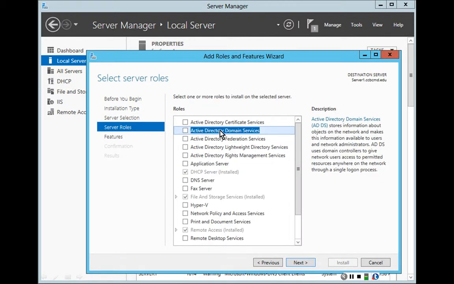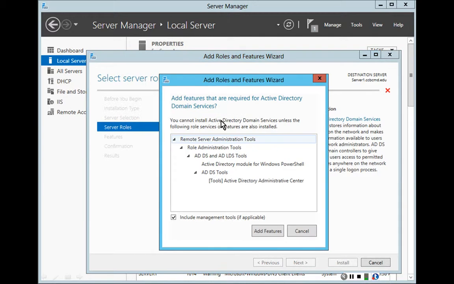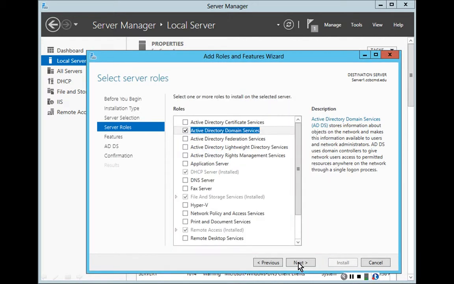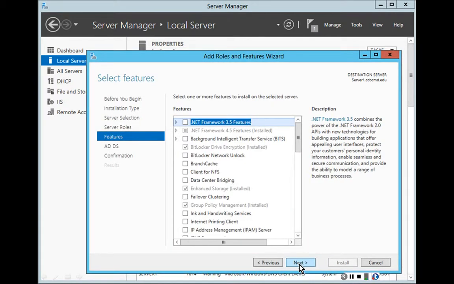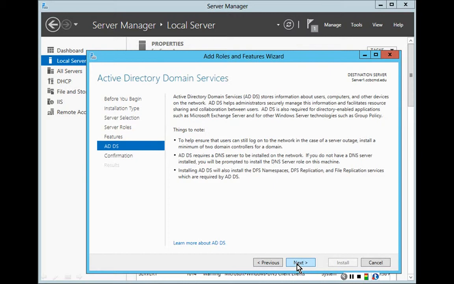And then we click on the checkbox that says Active Directory Domain Services. Now, we will not check DNS. We do need DNS, but we don't check it here. It's got to be checked later. So we click on Next. It says these are additional features that are required for Active Directory. Do you want to install them? And we say yes. Then we click on Next, followed by Next,